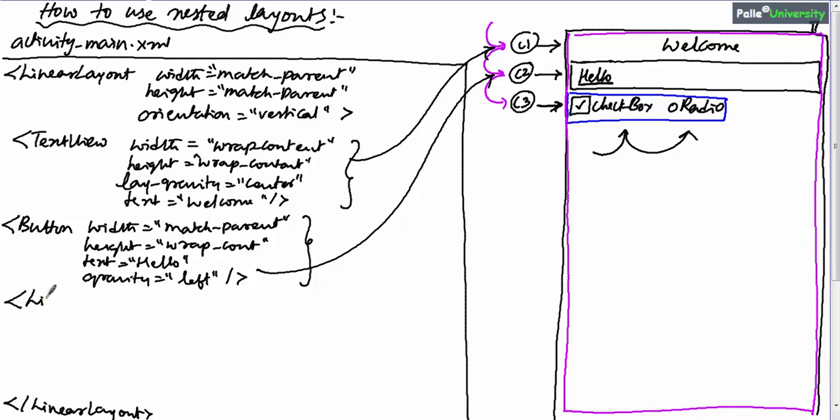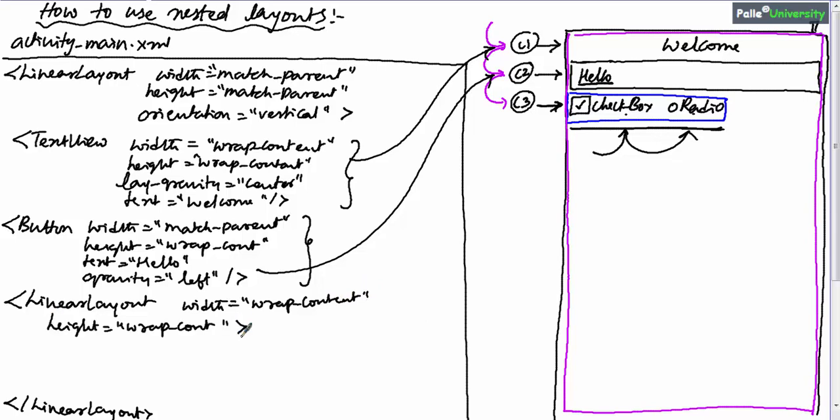So we should take one more layout, horizontal linear layout. What is the width of this linear layout? Let us say width is wrap content. That means only as much width as our content needs. Height is also wrap content and I will close the linear layout tag, and this is the end of the horizontal linear layout.